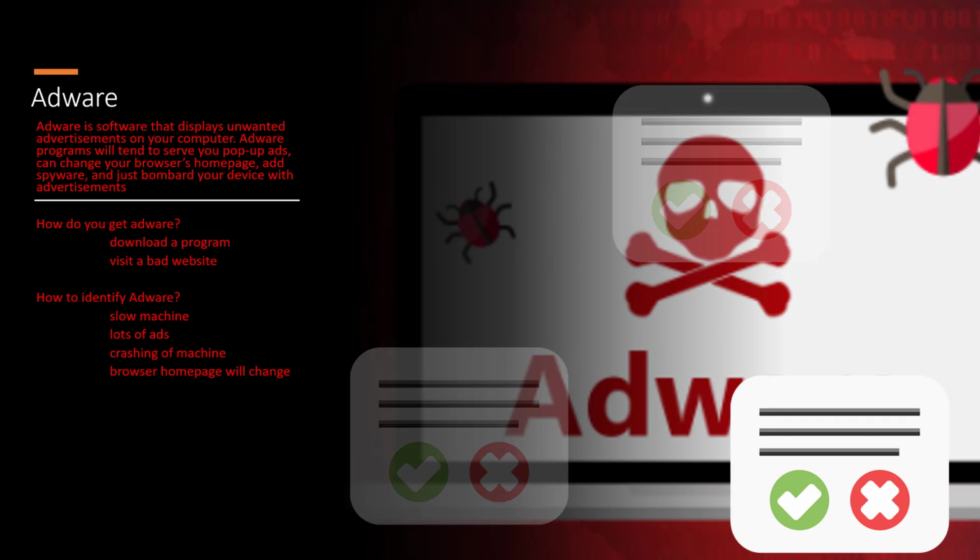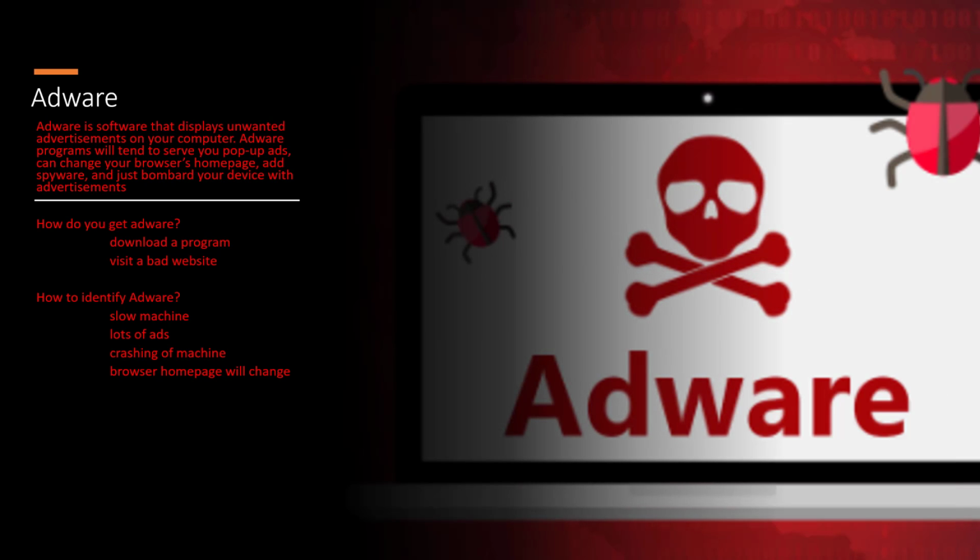There are two main types by which you can contract adware on your system or device. One being you downloaded a program that contains the adware, usually freeware or some sort of shareware, and it quietly installs without your knowledge. The second would be what is called a bad website. These websites can be infected with adware, which take advantage of the vulnerability in your web browser to deliver a